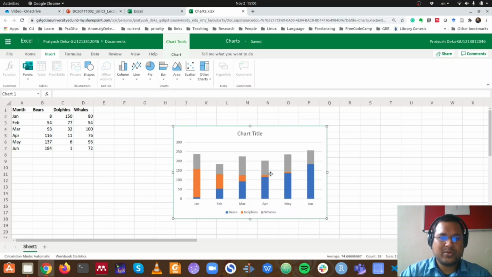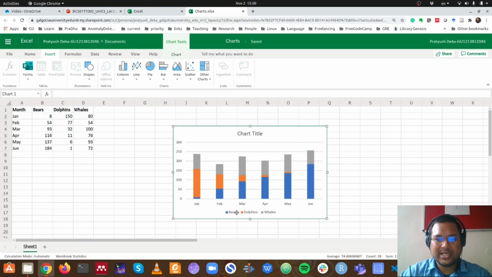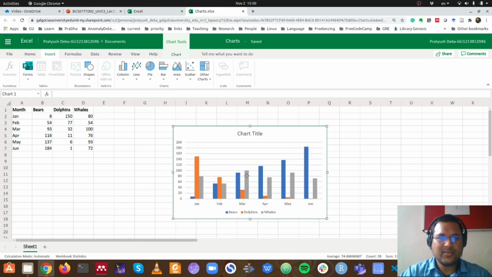But as we all know, this is actually easy for us to understand, right? So that means there are 3 different animal types. Or if you look at this here also, you will see this is bear, this is dolphins, this is whales, right? So let's stick to this one, right? So now what you can do is,